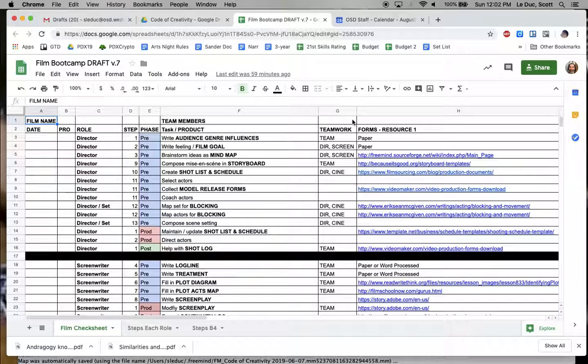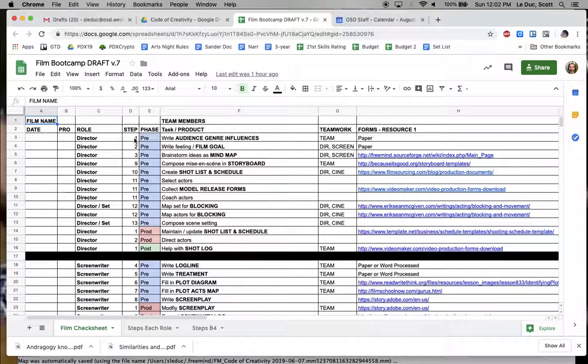Now, the former students and current students are probably familiar with this if they're in the film class, but this is something we called film boot camp. And what it is, over on the side here, you can see the director is responsible in pre-production for these things. It usually starts with a verb, so they need to do this thing. If it's all uppercase and bold, it's a product or something they need to create or generate. And these numbers are the steps that we go through in creating a film. So the idea behind this document was, what are all the steps to make a movie?